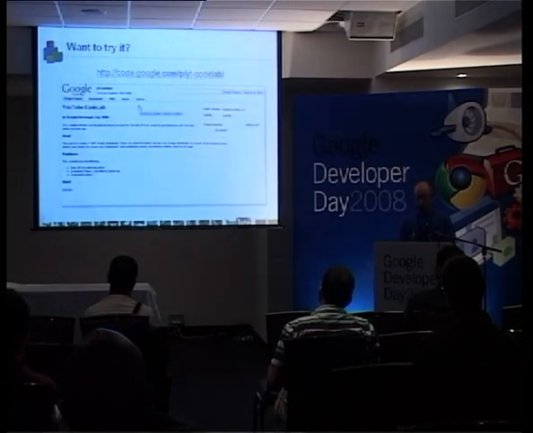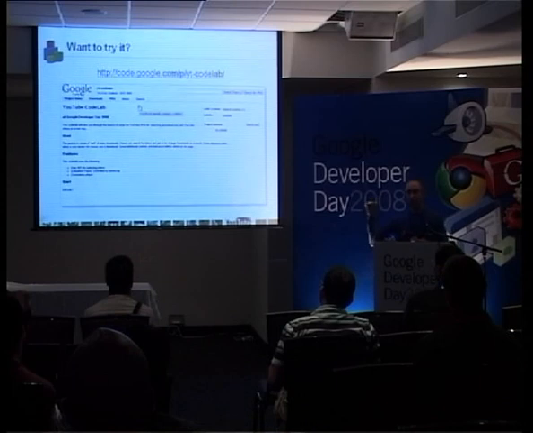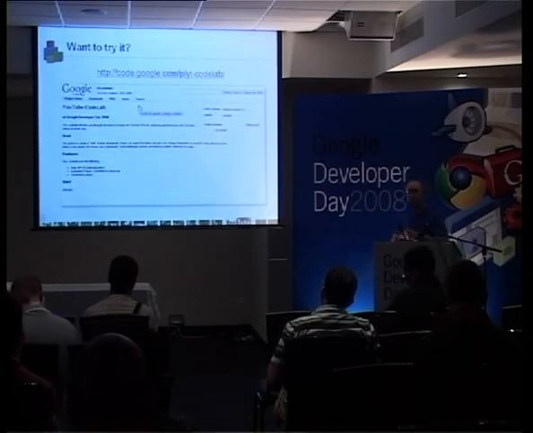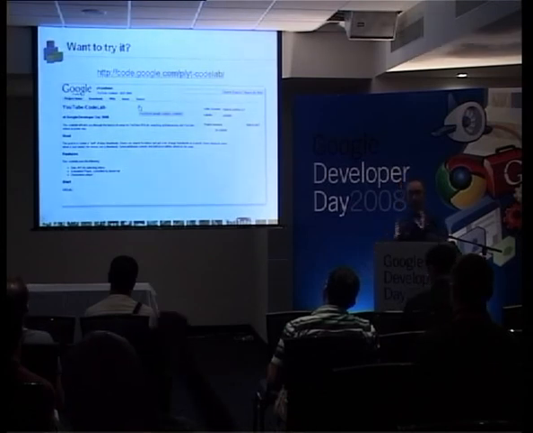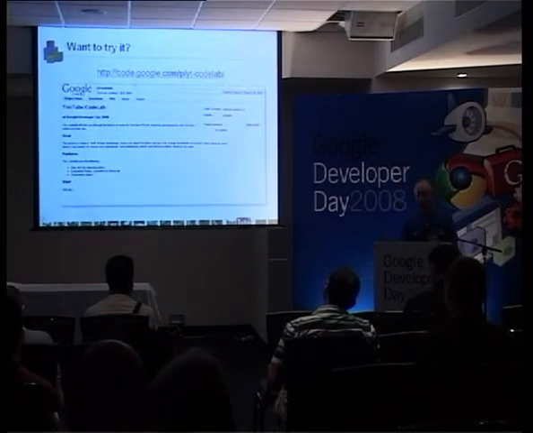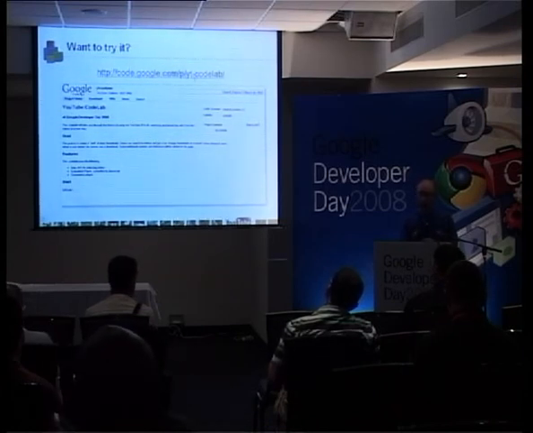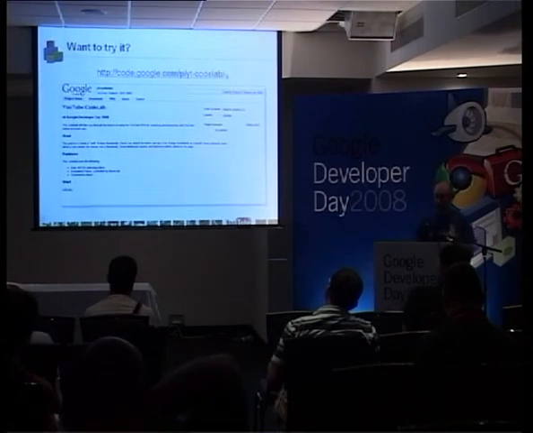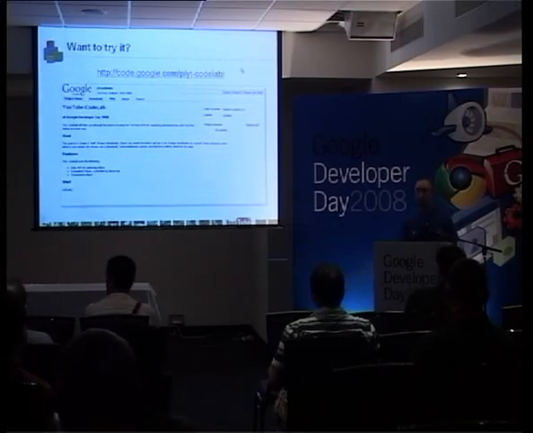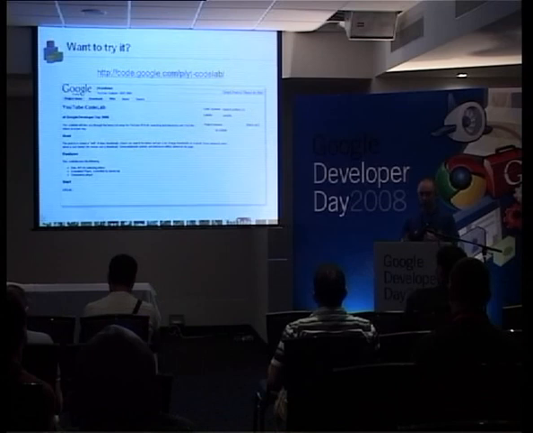Okay, nearly done. Now, if you want to try, we've done a code lab. A code lab is basically a set of a few exercises which are very easy to do, but which provide you with a hands-on experience. So if you've got a team of developers, you can send them directly here, code.google.com/p/YT-code-lab. And there's a set, I think it's 5 exercises. It's going to provide you some hands-on experience on YouTube.